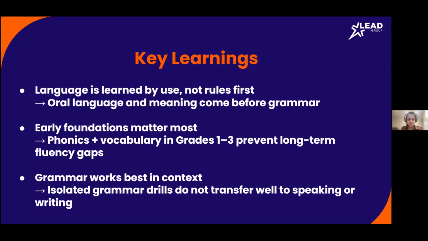Okay, I think we have around 70% people who have participated. I'll end the poll and share the results. So 65% of our audience believes in spoken fluency. This is what they would like to improve in the next academic year. Then we have 11% for parent confidence, 7% for teacher capability, 11% again for reading levels, and around 6% for writing quality. Great. Thank you so much for your responses. It's heartening to see that spoken fluency is what you would be looking at for the next academic year.